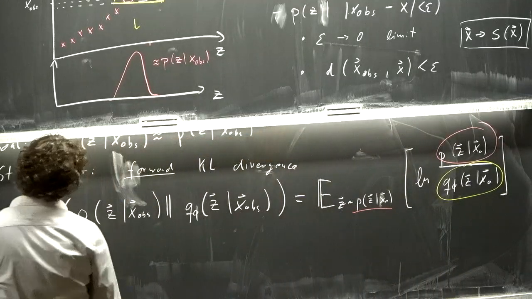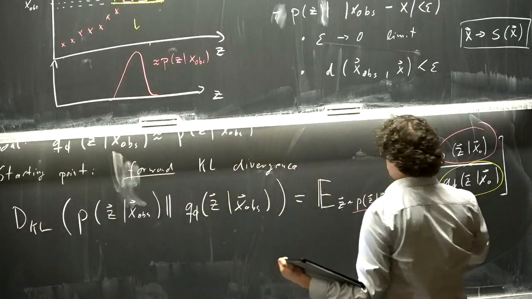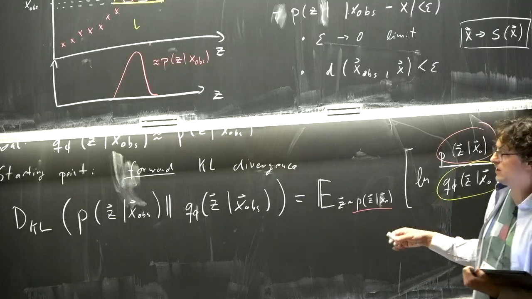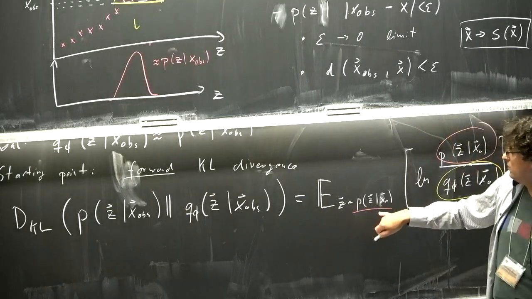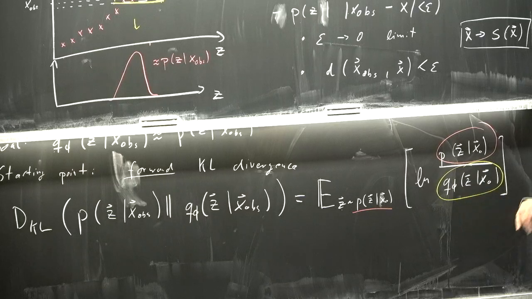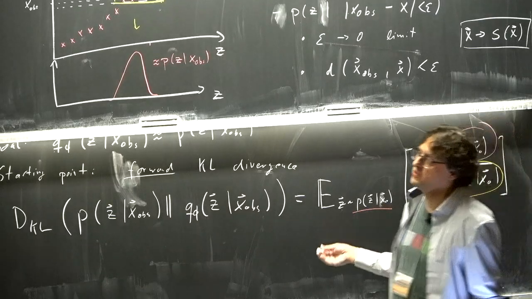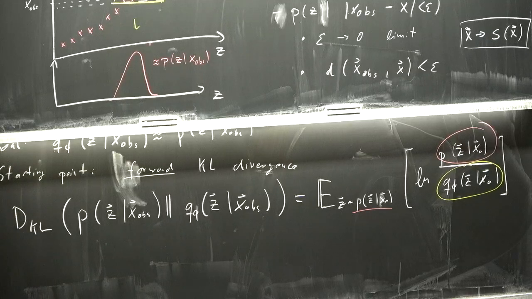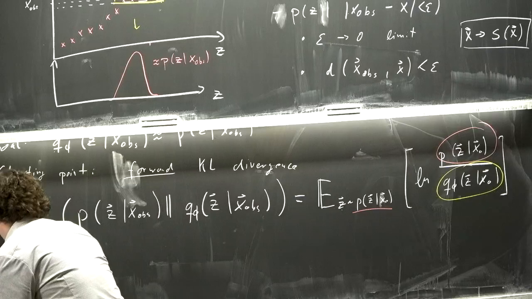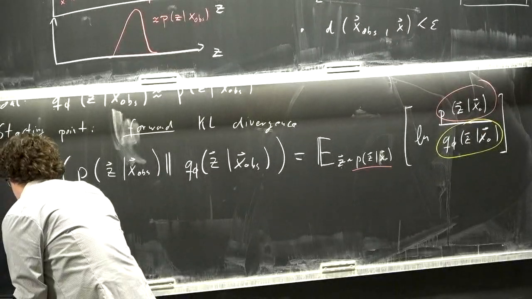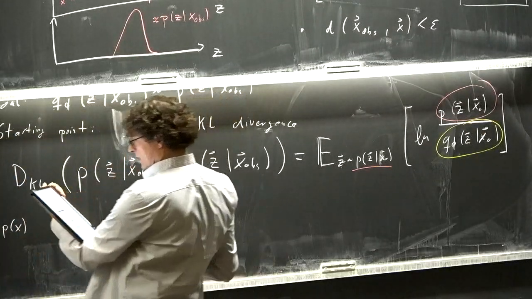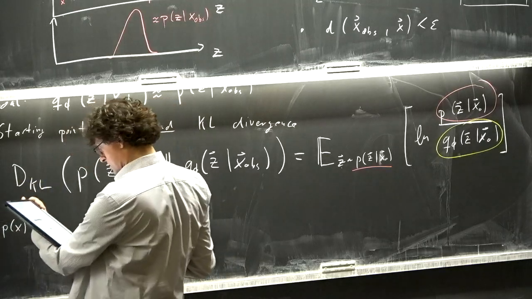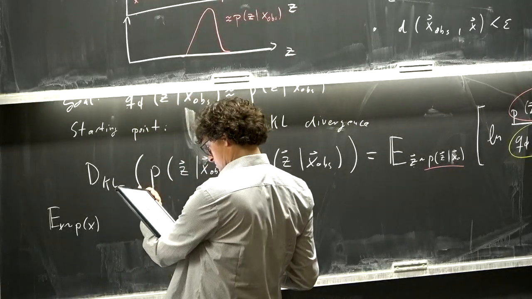Well, the idea is now, instead of solving this specific problem, we solve a somewhat more general problem. So instead of trying to get a posterior just for one observation, we try to get posteriors for all possible observations. It's in some sense similar to what we did here. We just take our optimization target and start averaging over many possible observations. I mean, we can just formally do this, right? What happens is the following.